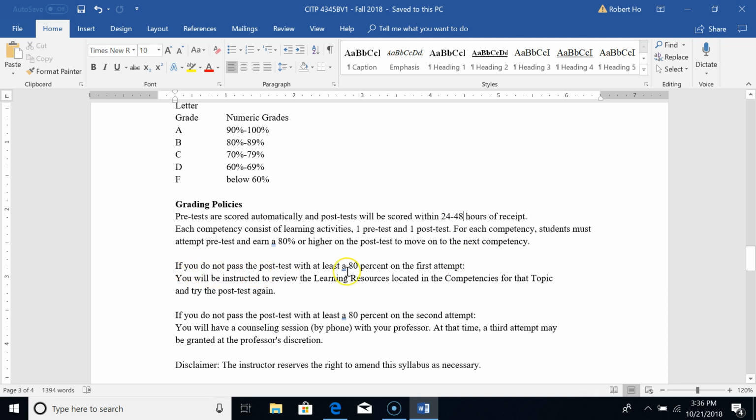If you do not pass the post-test with 80% on the first attempt, you will be instructed to review the learning resources located in the competency for that topic and try the post-test again. This is what I would suggest. Okay,